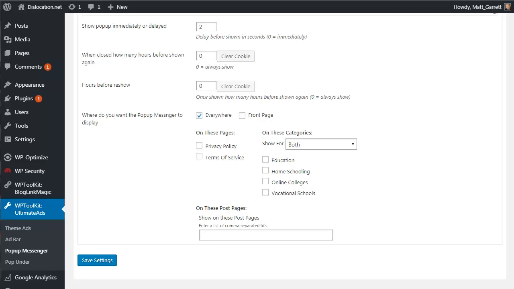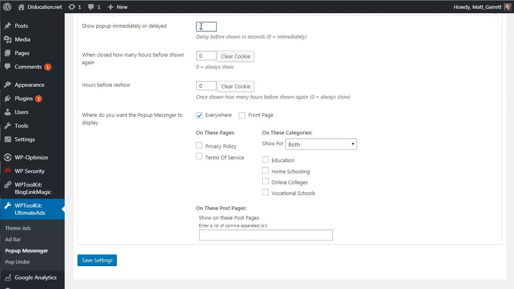If this pops up at the same time or really close to it, then you're kind of taking away the power of both. You're diminishing what you're actually trying to achieve. So it's better instead to have a longer time set for this. Give the action bar a chance to do its work and get people clicking through on that, and then have